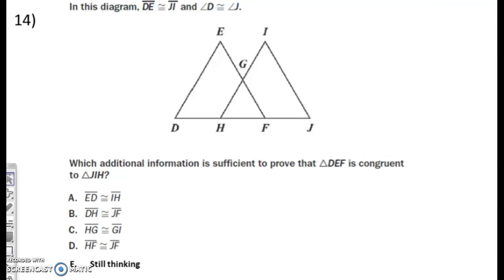In this diagram, segment DE is congruent to JI. So let's go ahead and label that. DE and JI. And then it also says angle D is congruent to angle J. What additional information is sufficient to prove that triangle DEF